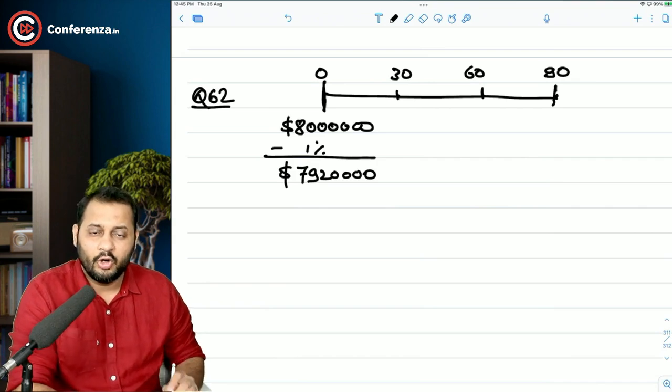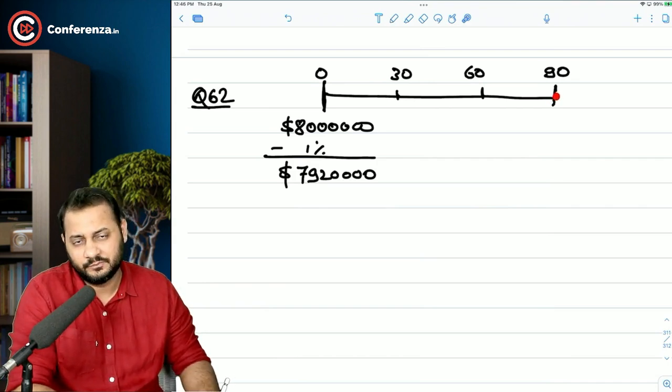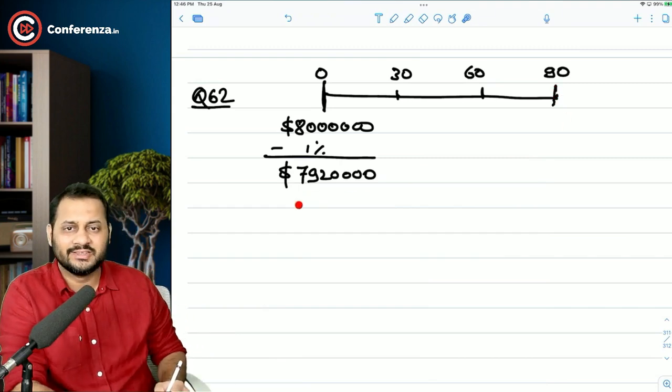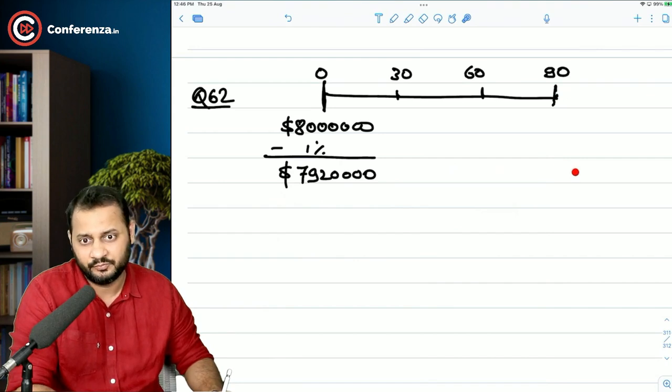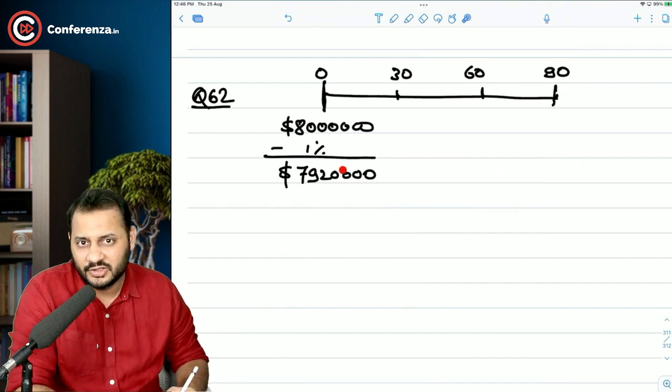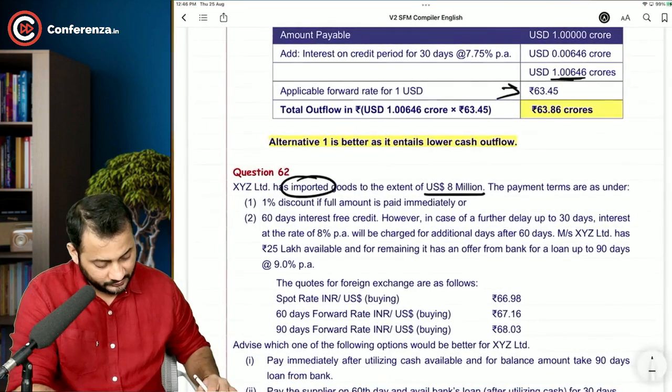Okay. All the options will be compared at the end of 90 days. You can bring all the option at 0 point or take all the option at 90 days, but the timing has to be same. So if you have to make the payment of this much amount today, what are you going to do? You are going to buy the dollars at spot rate, which is